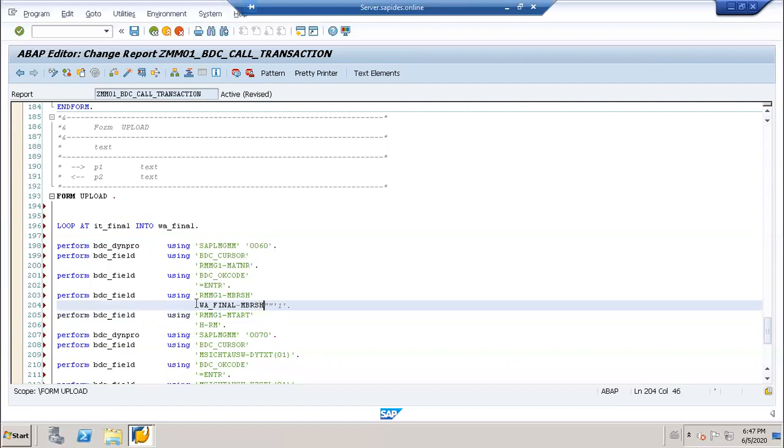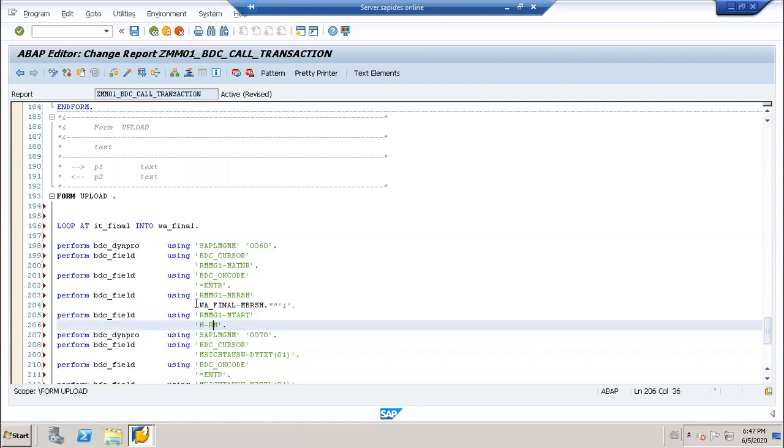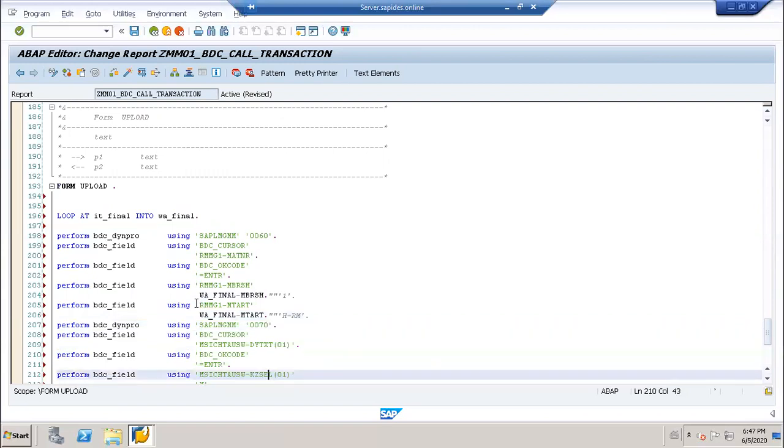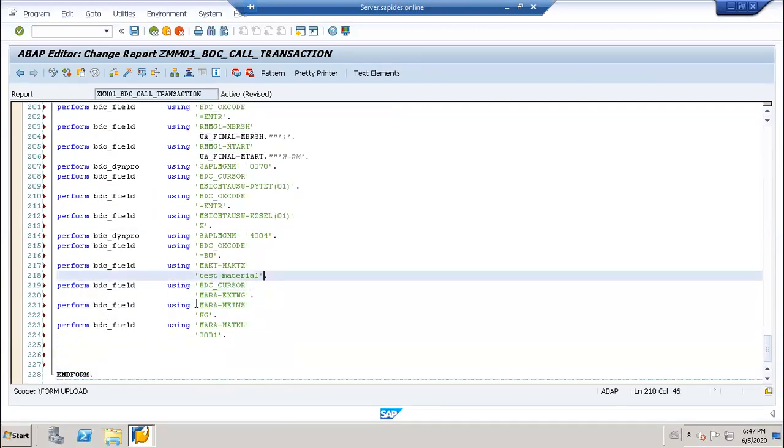Two double quotes is there after that dot, that is for comment. Quotations, okay, comment. I want to comment that. I want to pass the data from the internal table, not from this default one.